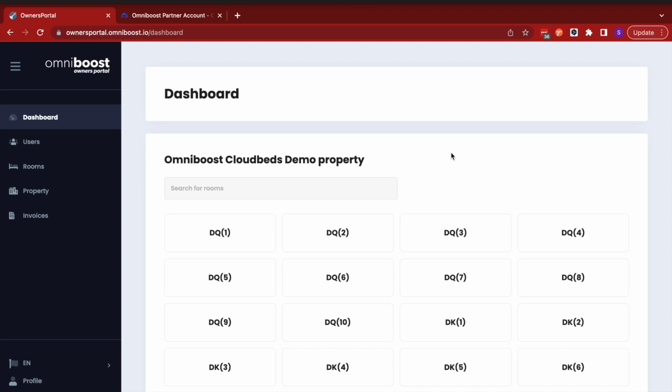system supports. In order to get to this step, what you would do is you would go into your Cloudbeds profile, go to your marketplace, and find the Omniboost Owners Portal integration and request a connection from there. Once that happens, the Omniboost team will receive the information needed in order to pull the physical configuration of your property along with the related reservations and revenue information. We will use this to set up your profile, and then we will send you the credentials needed to log